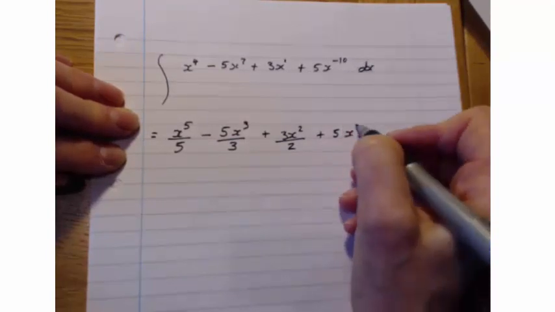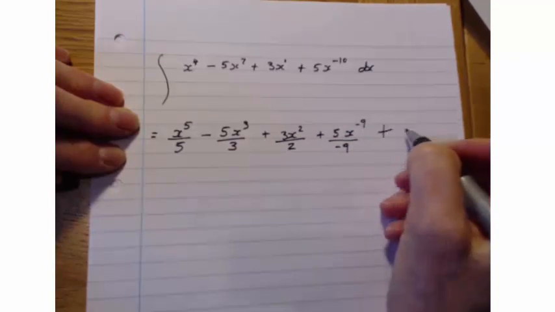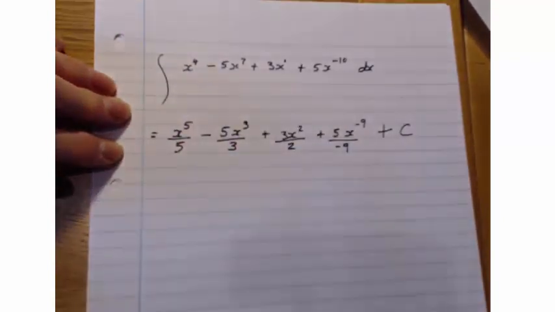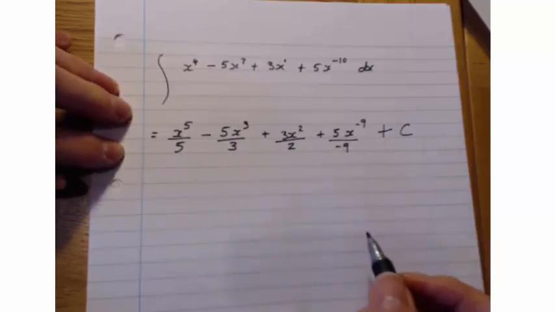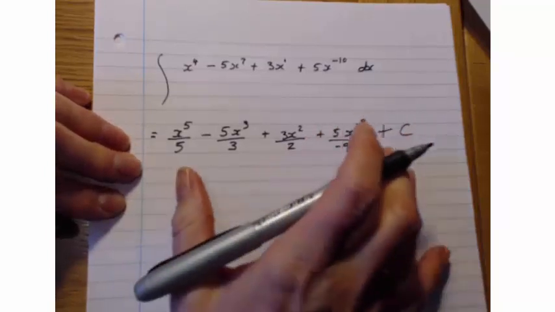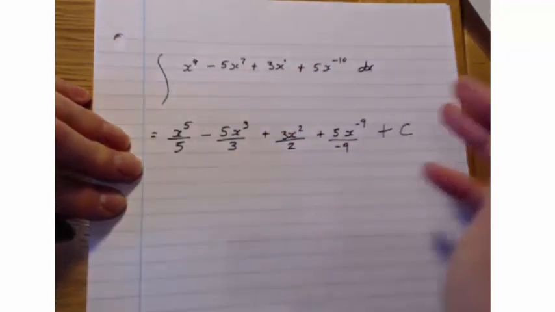Raising the power by 1 makes it become minus 9, so it's minus 9, and we always remember the plus c unless there are limits given. And we just tidy that up a bit. Actually, it doesn't really tidy up, so we just leave it as it is. Okay, so integration is about increasing the power by 1 and dividing by it. But what